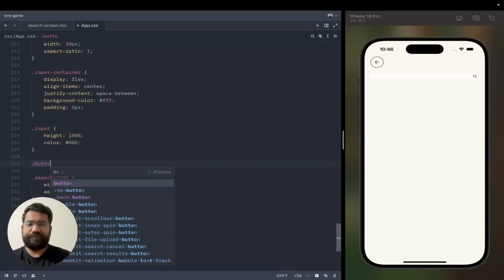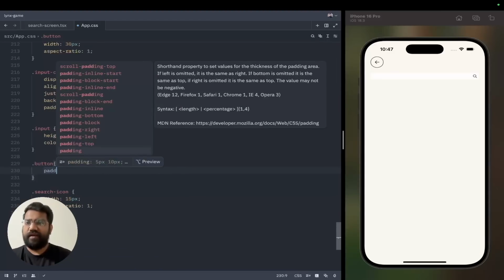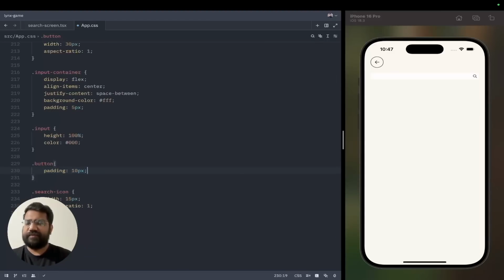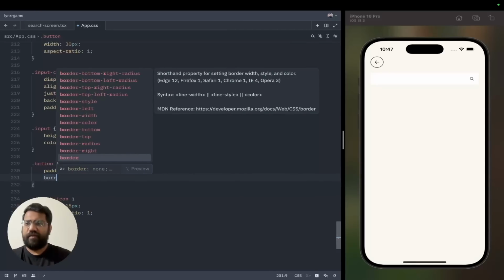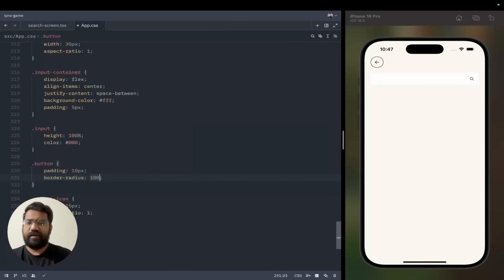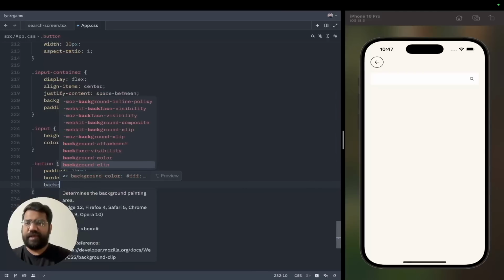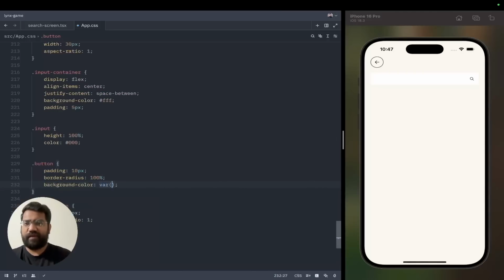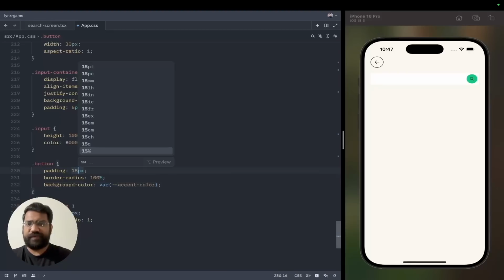Now the button. Let's do padding 10 pixel. Border radius 100%. Background color accent color. Alright, let's do padding actually 15 pixel. Alright,